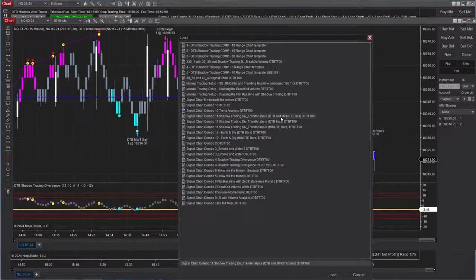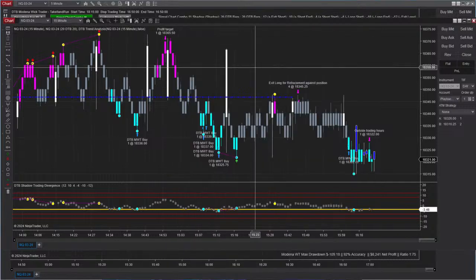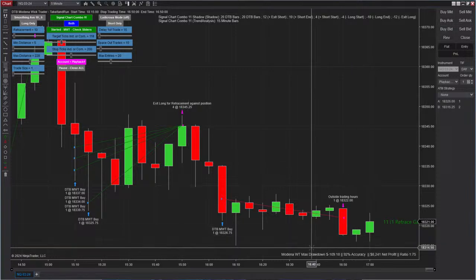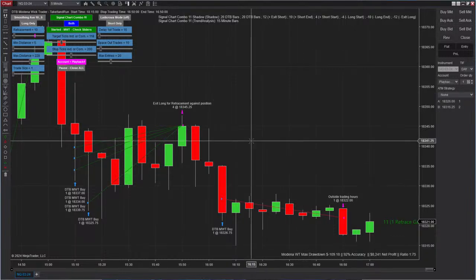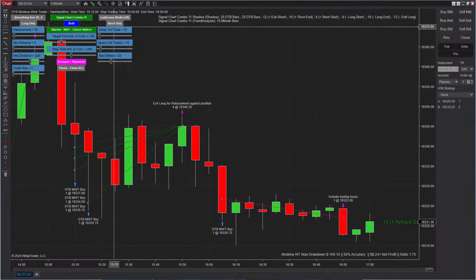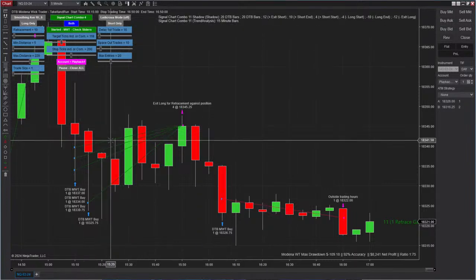And you can use DTB bars and minute bars interchangeably with this. That means you can load up a template like we've got over there, and in the strategy settings, you're able to select to have the shadow trading working on DTB bars or minute bars, and then have the trend analysis working on minute bars or DTB bars. However you set that up, or whatever templates are created, that's going to be really awesome for you guys to work with. So the cool thing now, when this is finished and released, is you can switch between the